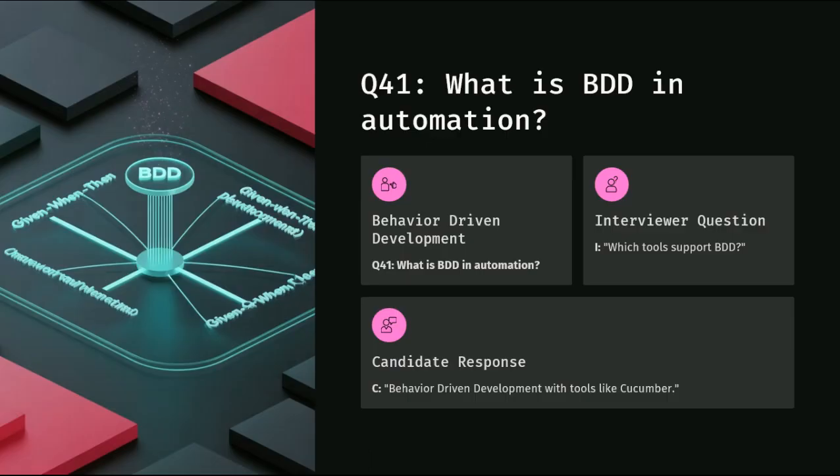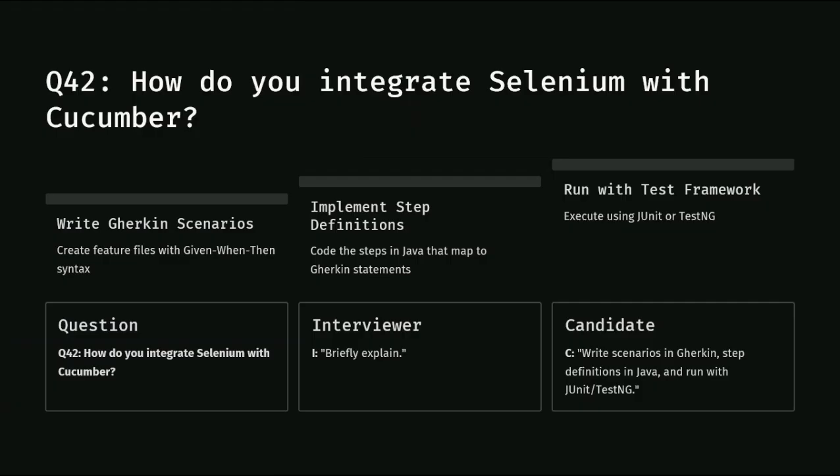Next is, what is BDD in automation? Candidate: Behavior Driven Development with tools like Cucumber. Next, how do you integrate Selenium with Cucumber? The answer is, write scenarios in Gherkin, step definitions in Java, and run with JUnit or TestNG. So first of all, create feature files with Given-When-Then syntax. Then code the steps in Java that map to the Gherkin statements, and then execute using JUnit or